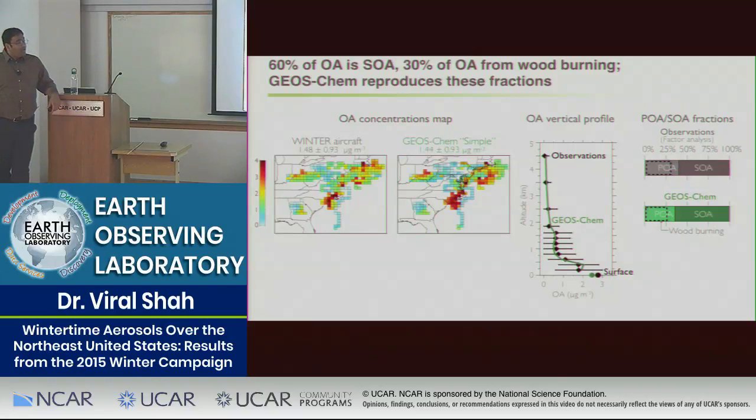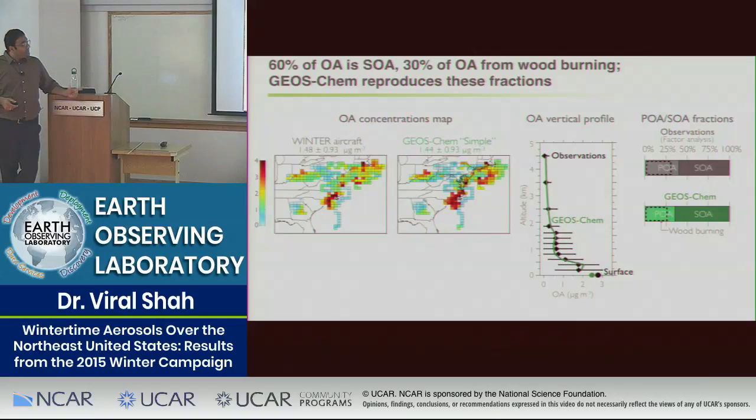And this was the unexpected result. The common view, before we had the winter campaign, was that most of the organic aerosols in winter would be primary organic aerosols. In winter, residential wood combustion is a big source, and as you see, residential wood combustion makes up about 75% of the primary organic aerosols. Oxidation of gases in winter is lower, so we did not expect there to be so much SOA,